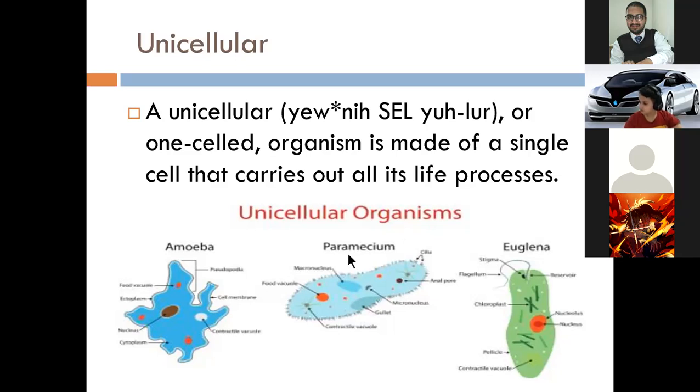There are many others, but here I just showed you only these three organisms. They are made up of a single cell. You can see that these three organisms are made with one cell. Their whole body is made up of one cell. We name them single-celled or one-celled organisms because their whole body is made up of one cell. Understand, my dear?